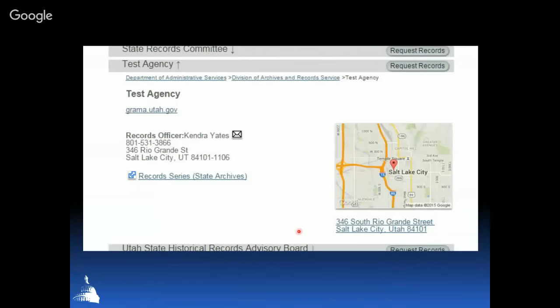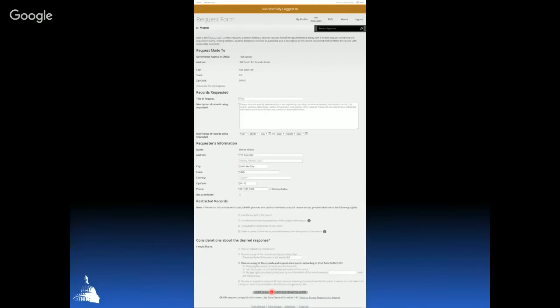This is what the agency information looks like online. They'll just come up here where it says request records and click on that, and that will take them to the request form. I'm not going to go through this in detail, but this basically follows the paper request forms. It's pretty much the same thing, just in digital format.